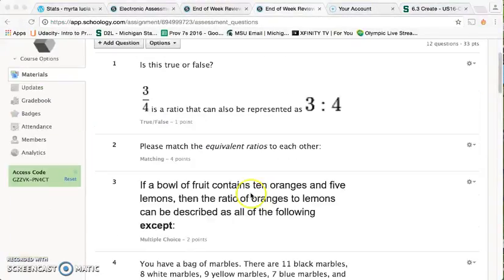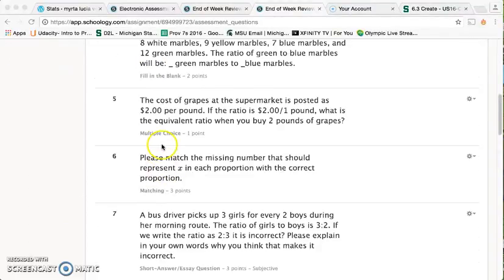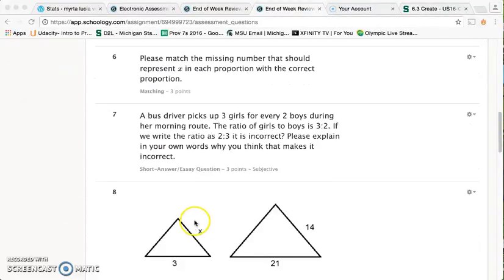In this case, the questions are the same for both exams, but there are multiple types of questions. As you can see, we have true-false questions, matching questions, multiple choice, fill in the blank, short answer questions,